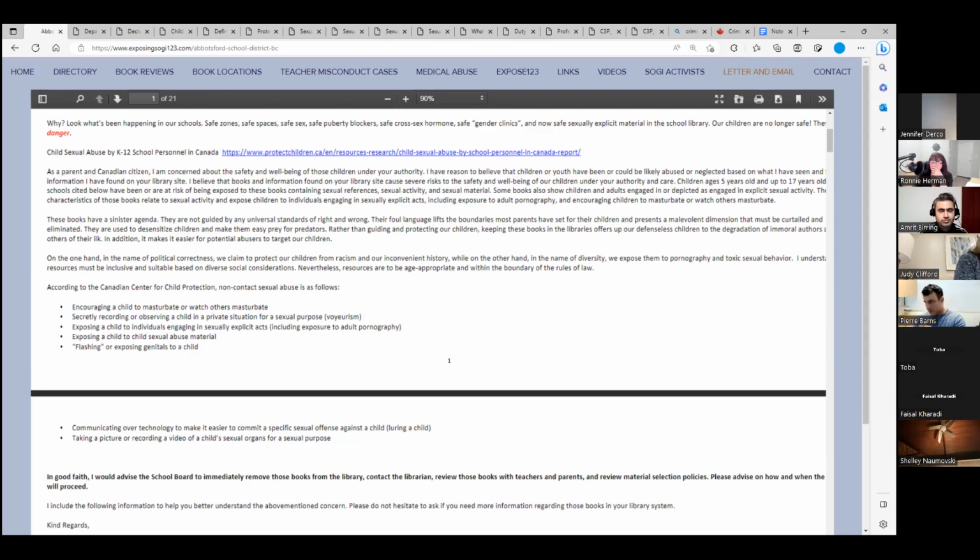So we have all those pieces of evidence, the emails, the book locations, the book names, and all the little stuff that doesn't seem important right now but will help a lot later when they go back and gaslight us, telling us we worried about nothing and it never happened. They already say that there are no children getting transitions in Canada, which is completely false. We all have the evidence to prove it. So we have to go back and stop the gaslighting that is happening in all countries.